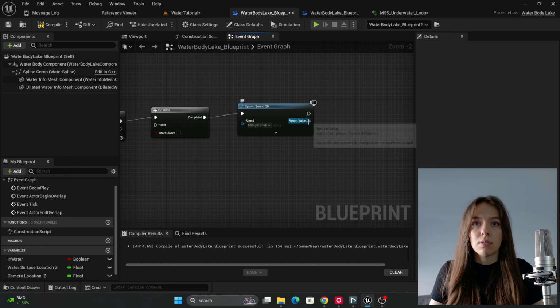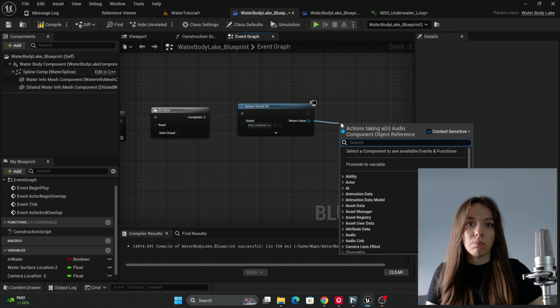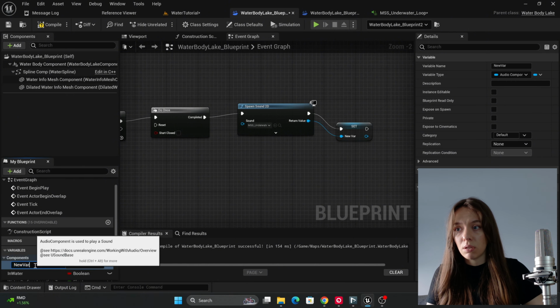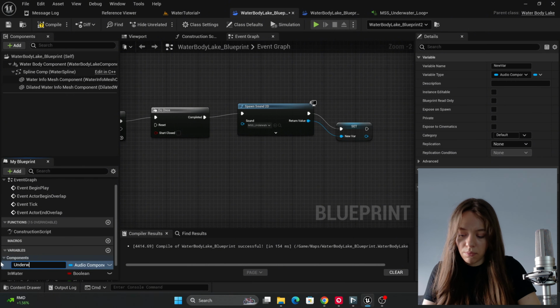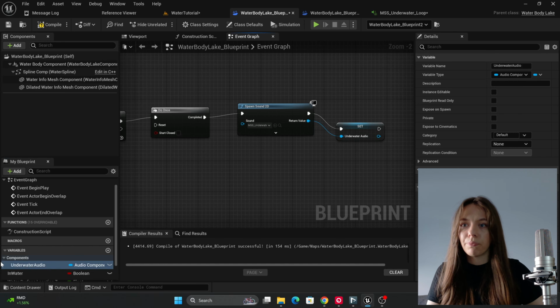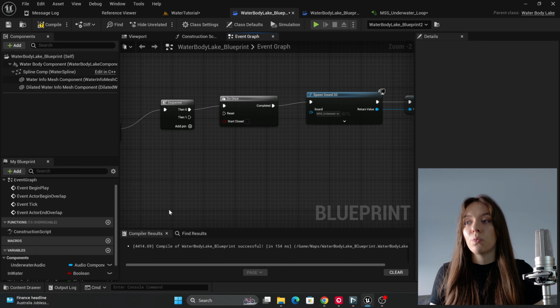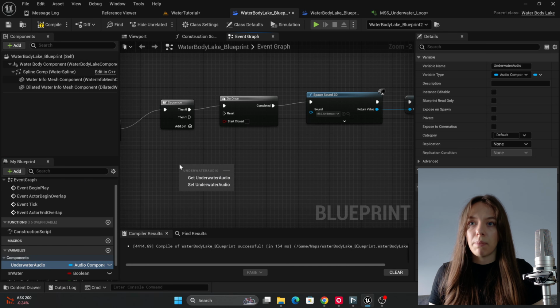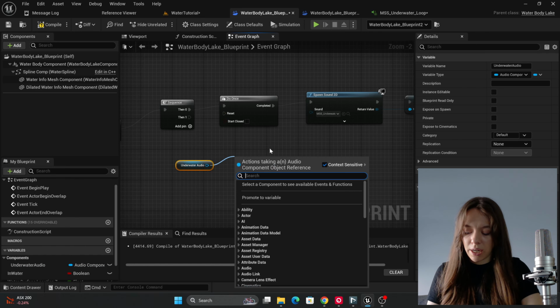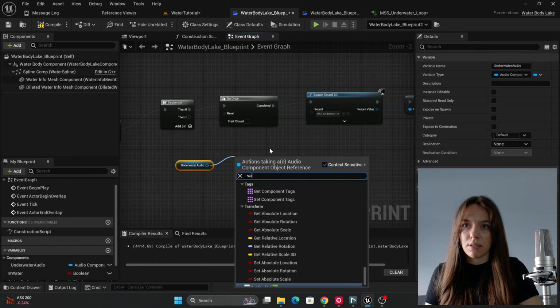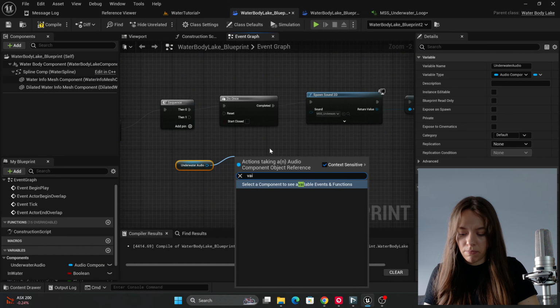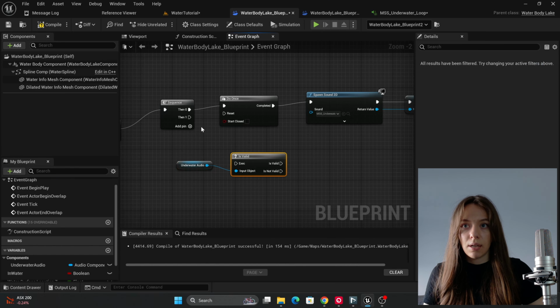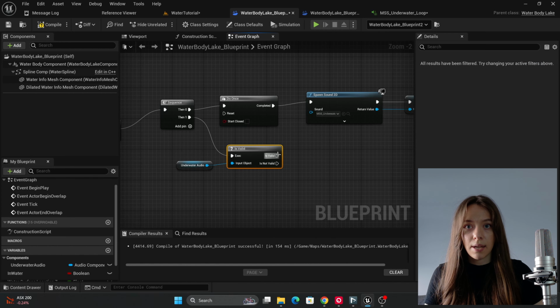So when we spawn it, we need to promote return value to variable, and it's gonna be our underwater audio. So once we spawn our audio, we need to then transfer there our depth parameter. So we grab our underwater audio, get, and we actually check first if it's valid, if it was spawned. So is valid, and if it is valid, then